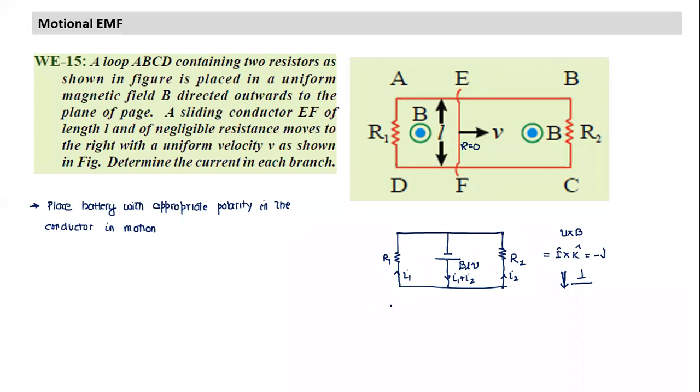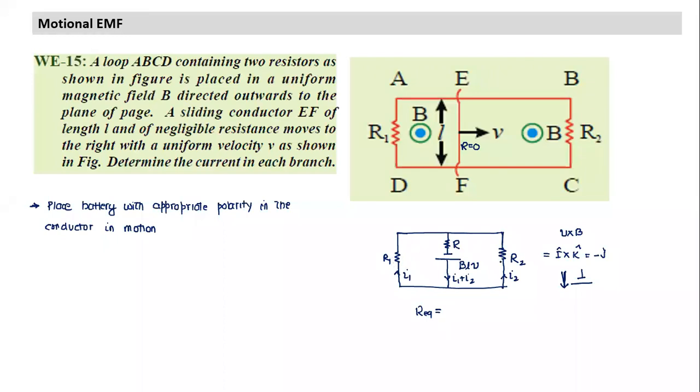Anybody who has a doubt on this? What happens if this rod had some resistance? Whatever resistance this rod had, I would have added it here as internal resistance. Then it becomes a two-loop problem and we can solve it. In this case also, we can find the equivalent resistance. These R1 and R2 are connected in parallel. So what is the equivalent resistance in this circuit if the rod resistance R was not 0? If this was equal to R, what would have been the equivalent resistance?